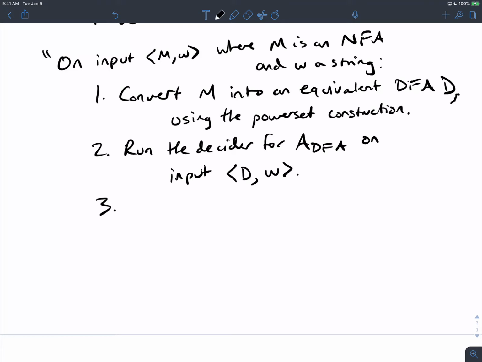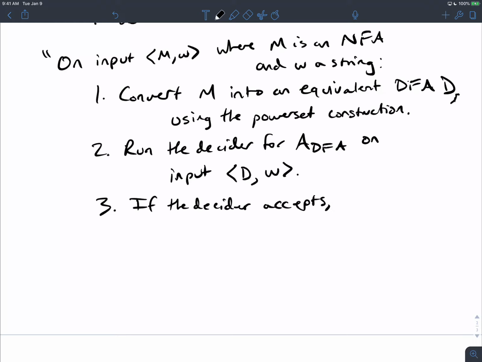What is a decider? A decider is a machine that always halts. Okay, great. So the decider must then say accept or reject because it can't run forever. So if the decider accepts,